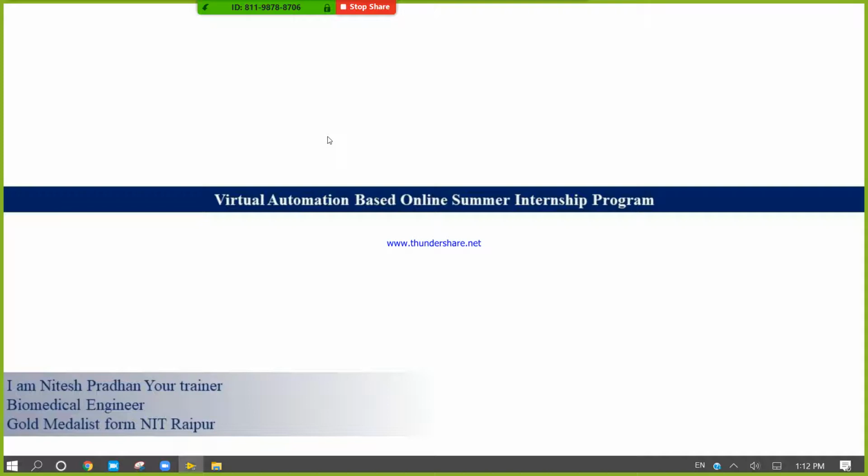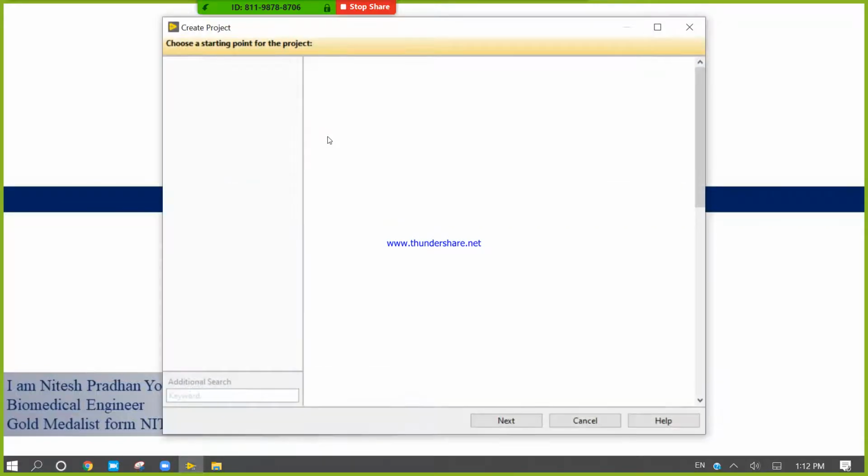When you hit the Create Project button, you will get this window. It is the Create Project navigation window.